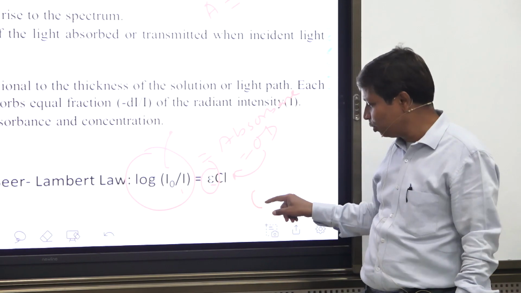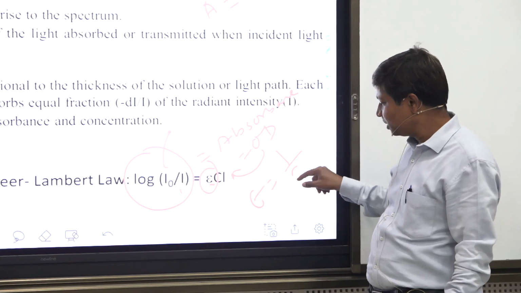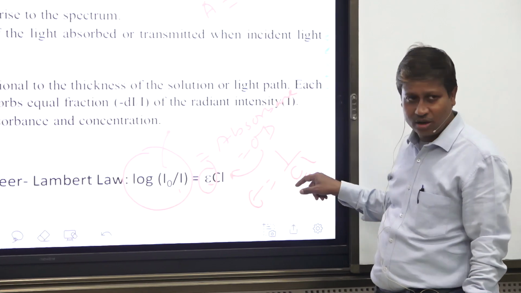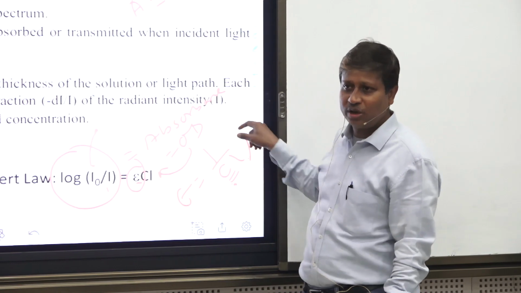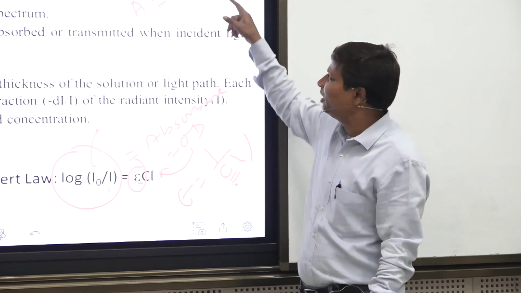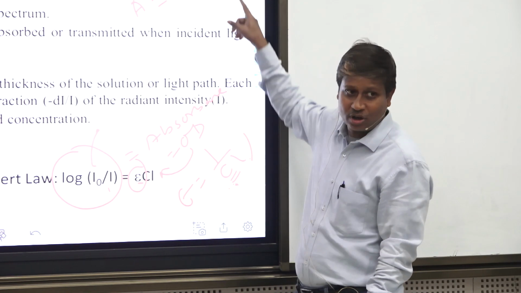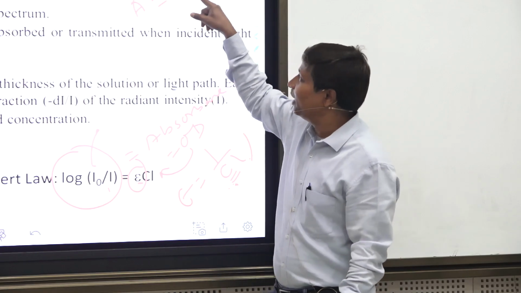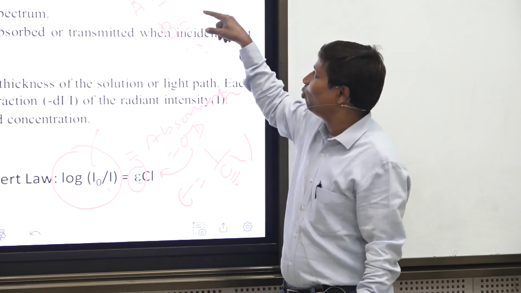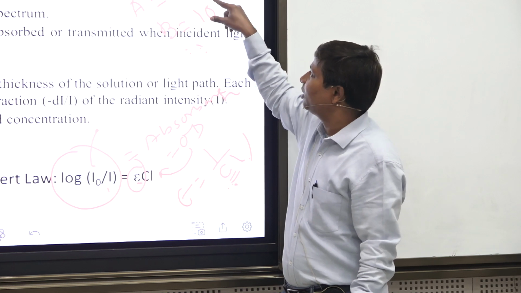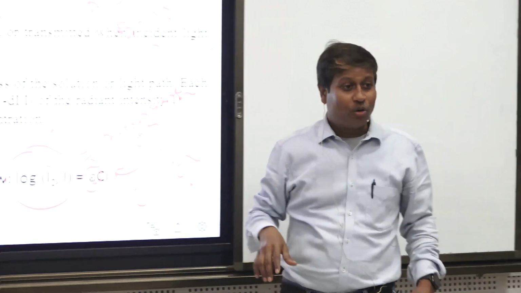So the epsilon unit will be 1 by Cl. Concentration, you know, is mole per liter, and this is centimeter, so it is the inverse of that, this unit. Whatever unit I am talking about, this one. Say you have two molecules, A molecule and B molecule, and one is this one, another is say 10 to the power 5. What is the difference